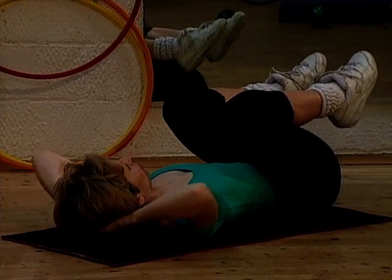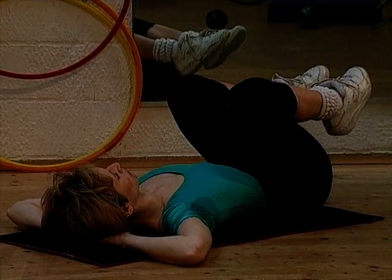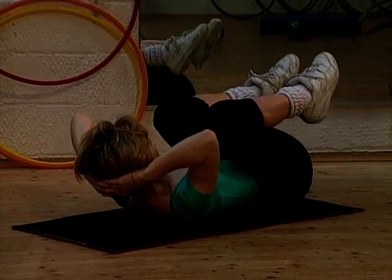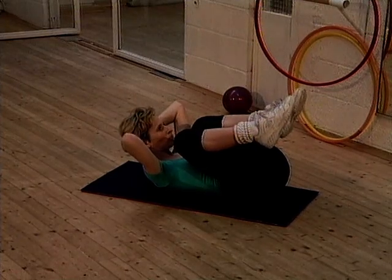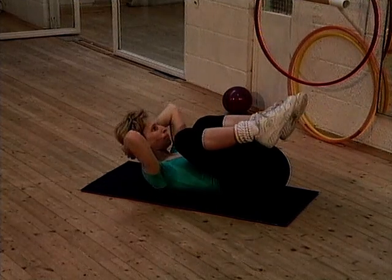Get ready to repeat the whole sequence. Lift, relax. Breathe out, lift, relax. And a third time. And lift, and hold, and down. And a fourth time. And lift, breathing out,